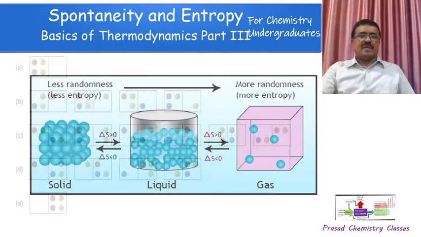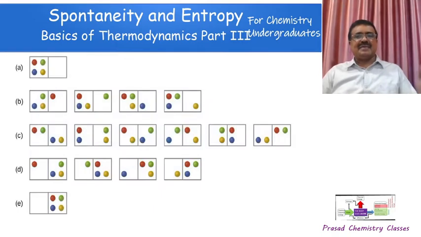Another concept regarding entropy is molecular arrangement, and it is concerned with the energy states of the molecules, how an energy state can be attained in a number of different ways. That is the distribution of energy between the molecules. That is the modern concept of entropy, the statistical concept of entropy. But we are not going into the details.